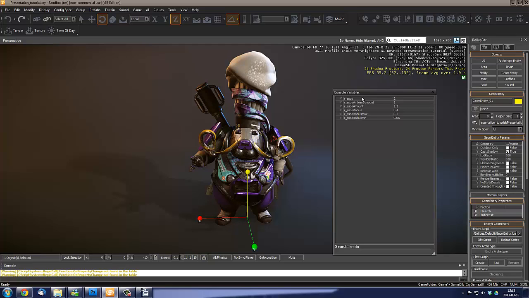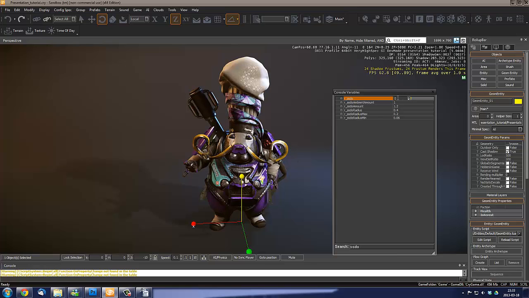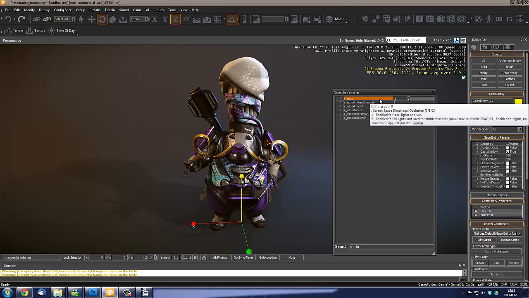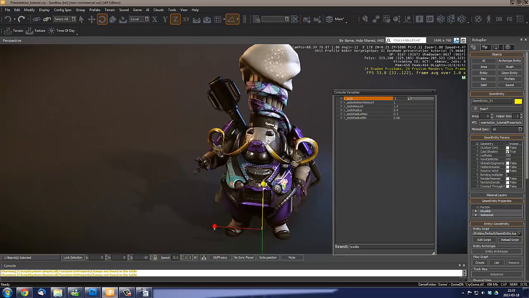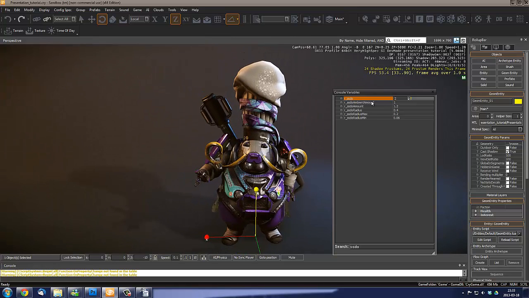0 is to deactivate the SSDO. I'm gonna show you 0, and now there is no SSDO. There is no ambient occlusion at all into my scene. And if I click on 1, it's gonna be enabled for local light and sun only, and 2 is gonna be enabled for all the lights. So I'm gonna set this to 2, and then